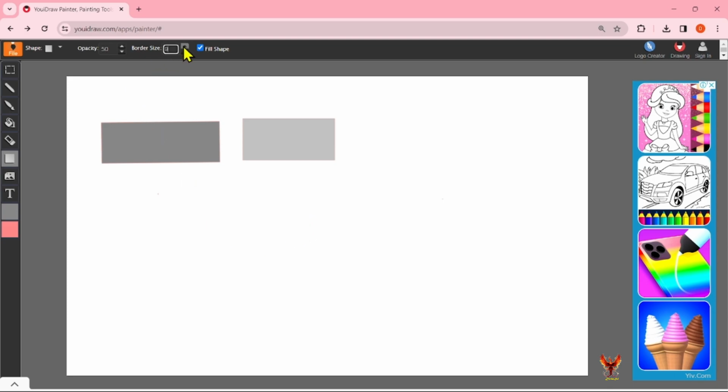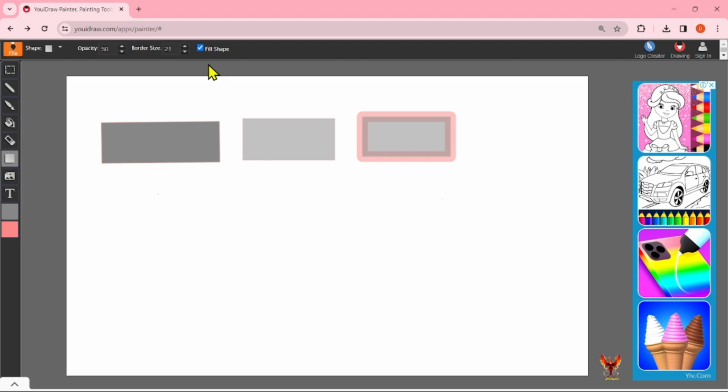I'm going to change the border to say 5, and then I'm going to draw the shape here. So now you do see that the light pink color, which is not visible over here, is very much visible here. So when we change the border size to 5, you see the border there. You can change the size of the border to make it visible, and you do a left click to place the shape on the